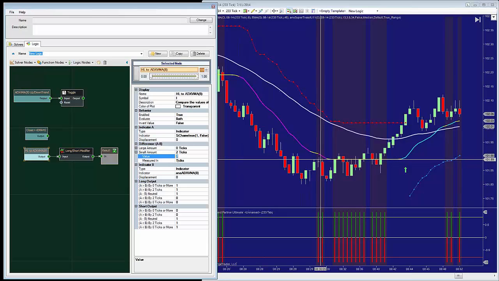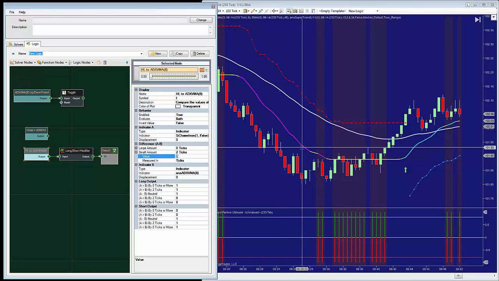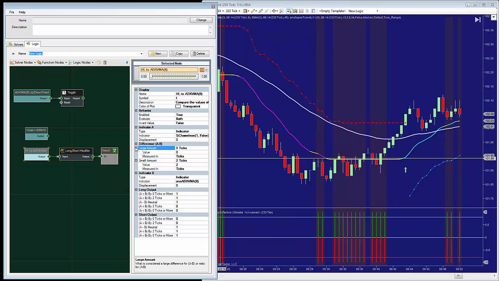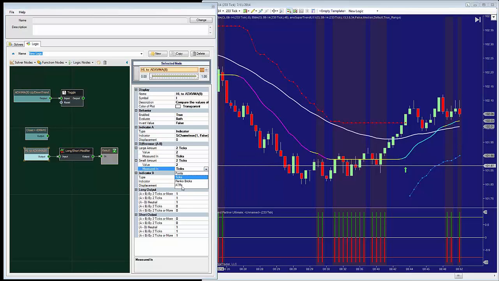So it's within 2 ticks. The high is essentially within 2 ticks from the ADXVMA. Now we'll go ahead and just put in 2 ticks up here also. So what we want to do now is, instead of using ticks, use the average true range,